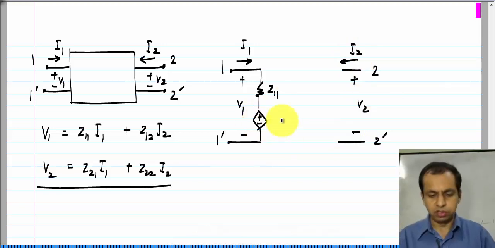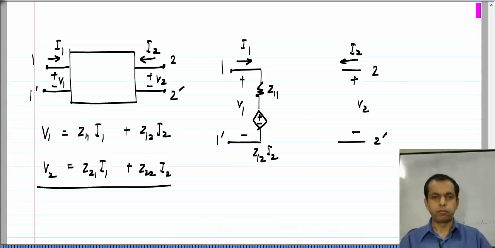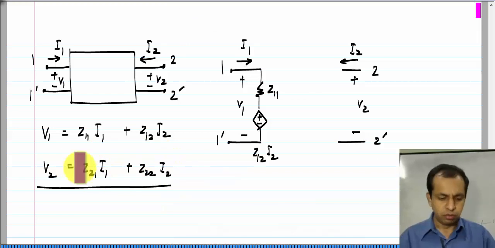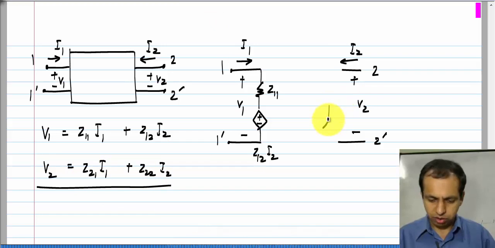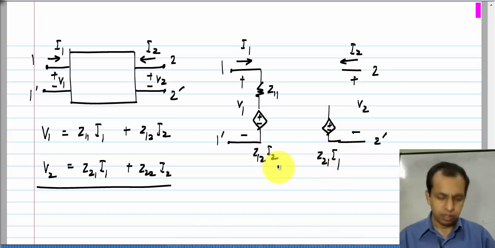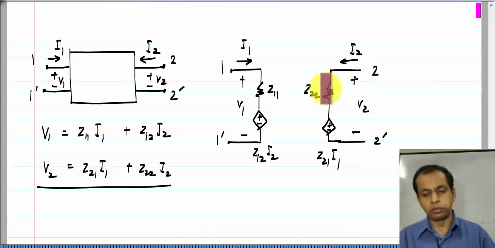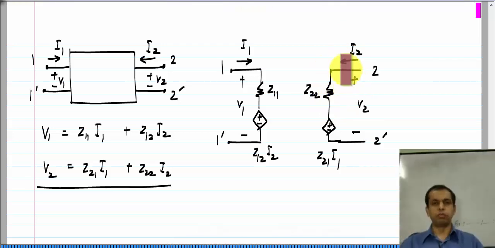So, in series with this resistance of value Z 11, we will have Z 12 I 2. And similarly, for the second equation, we have a series combination of 2 voltage drops, one which is Z 21 times I 1, because it depends on the current elsewhere in the circuit. We have a current controlled voltage source whose value is Z 21 times I 1, and in series with that we have